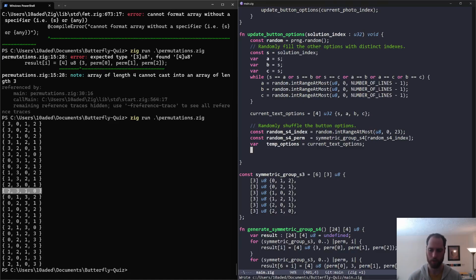least in Odin, for fixed arrays, having an equal sign like this literally just makes a completely new array. So this here would just mean create x86 instructions so that when the stack frame is set up for this function, different space for text options is created and it's just copied in. I'm assuming this isn't doing a pointer thing. I guess we'll see. Okay, and then we can say for 0 to 3,